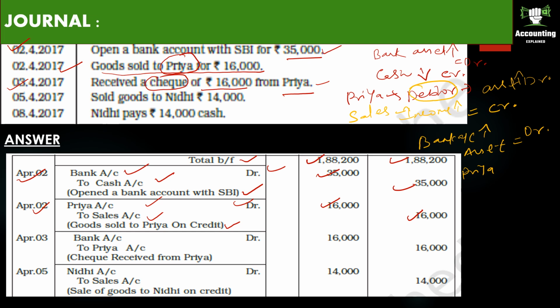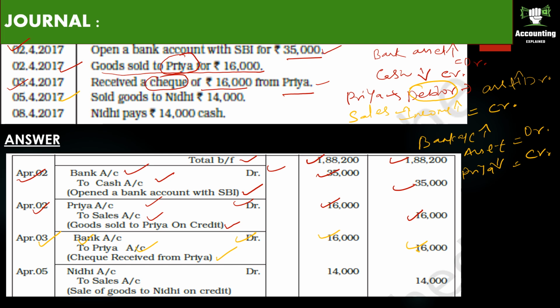Now the debtor has decreased. When the asset decreases, what you have to do? Credit. So the entry is April 3, bank account debit to Priya account 16,000. Check received from Priya. Okay, next